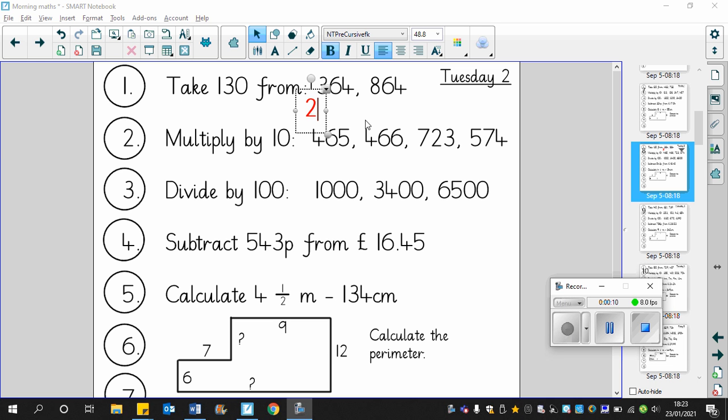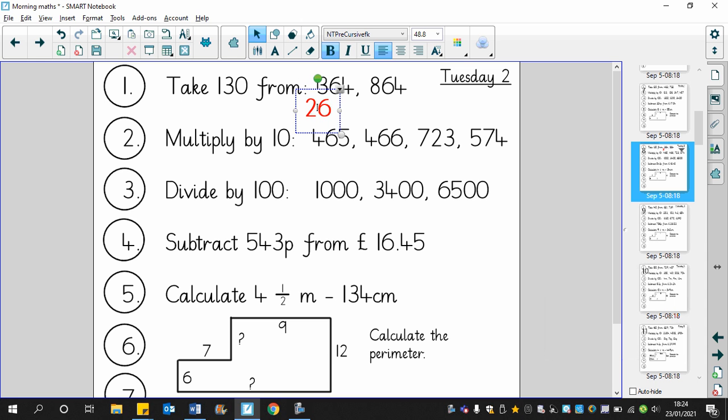Question number 1, 364 take away 130. So if we take away 100, we get 264. But now we need to take away another 30, so therefore 60 take away 30 is 30, and there we get 234. And the second question,